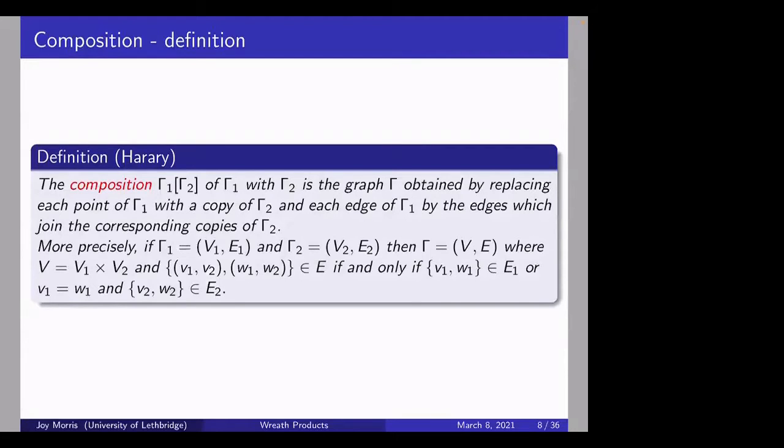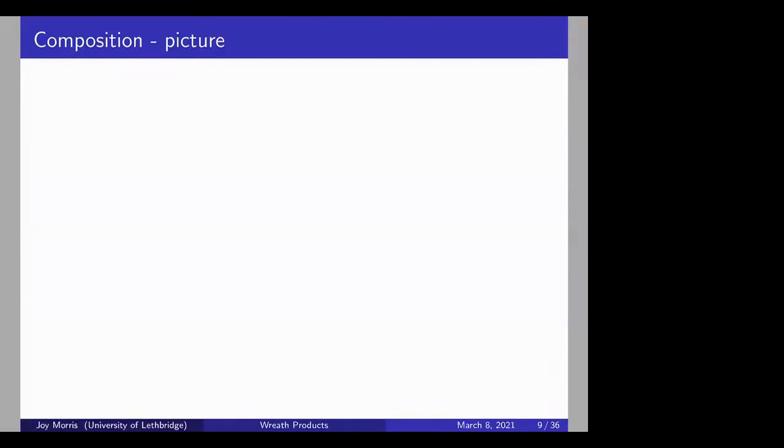And then we can give a very technical, precise definition of what that means for when we have edges, but let me skip over that because I think the word definition is much more intuitive, and I'll give a picture example, which hopefully will make it clear. So here's a picture of how this composition or lexicographic product works. If you're not familiar with it, we have our graph gamma 1, our first graph, and I'm going to color the edges for the purposes of this example, just to make it very clear which graph is which.